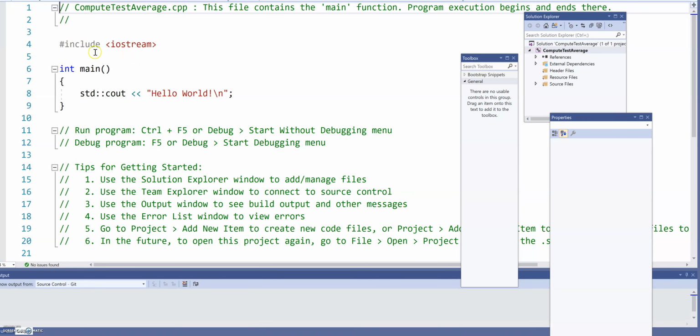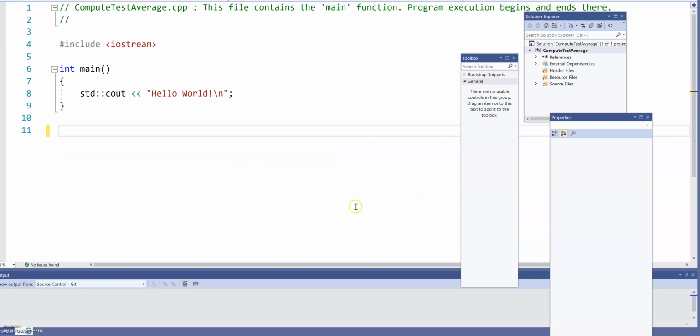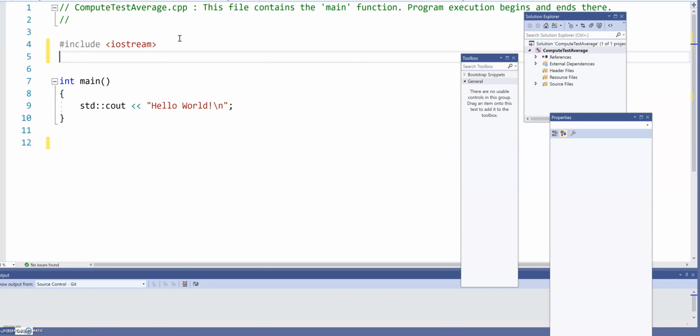It will have the iostream for input output. You have the main module. You don't need the extra comments, take it out. And if you don't put another preprocessor command, then you will be missing some of the functions. So we will use the math function. Include cmath,